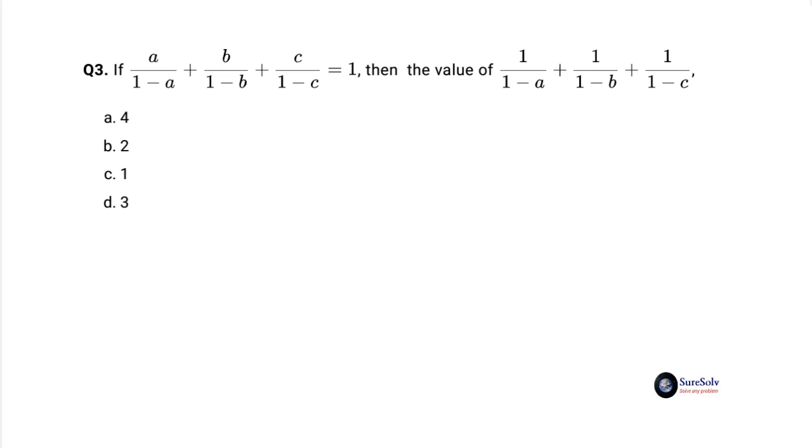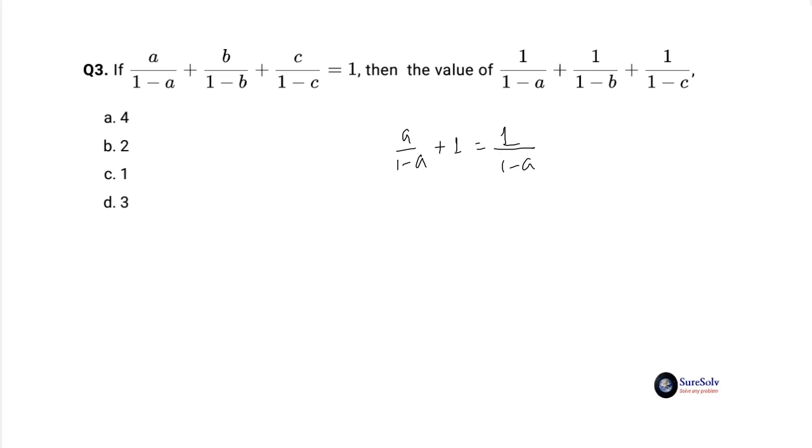To solve this type of problems, the first thing we do is to compare the target expression to be evaluated with the given expression. We do this to assess how similar the two expressions are. From the result of this comparison, we decide what to do next. In this problem, we compare the first terms of the two expressions only, as the other two terms follow the same structural pattern. We find that the first two terms are very similar, and also discover immediately that by just adding 1 to A by 1 minus A, we would get 1 by 1 minus A. That is the key pattern discovery. Same will be true for the other two terms also.